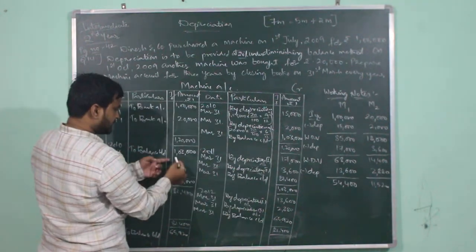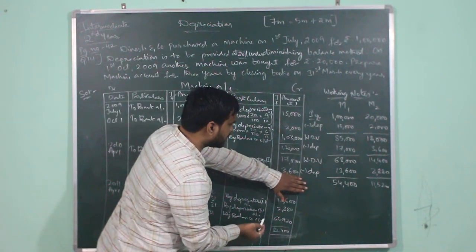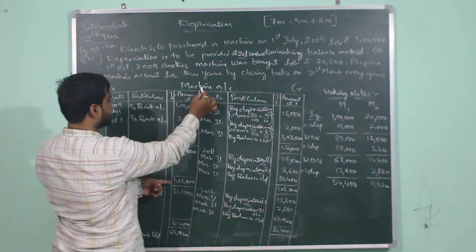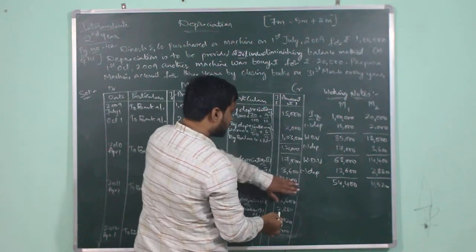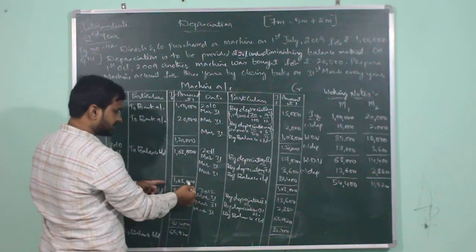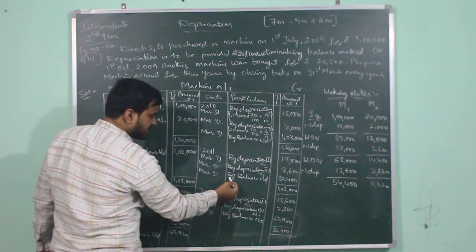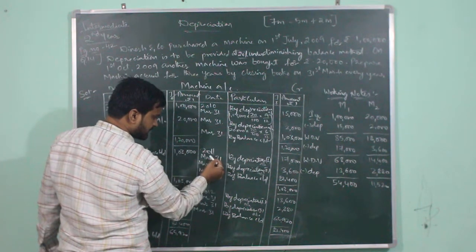Next, balancing this, the total here will be 1,03,000 and here the total will be 20,600. So what is the highest value? 1,03,000. So 1,03,000 will be recorded on debit side of machine account, as well as 1,03,000 on credit side of machine account. Now subtracting 20,600 from 1,03,000, the value which is left out is 82,400, which will be the closing value of both the machines at the end of the second year, written on 31st March 2011 as by balance carried down 82,400.